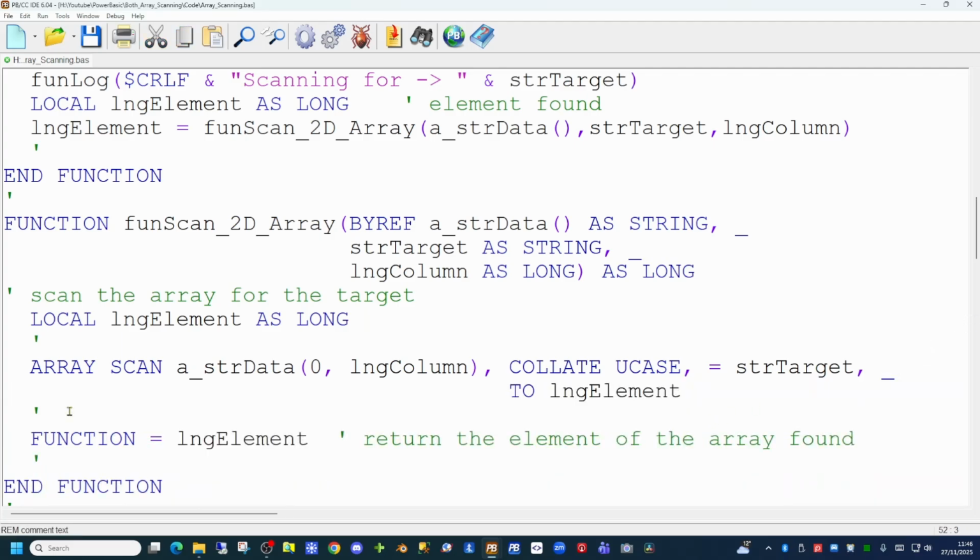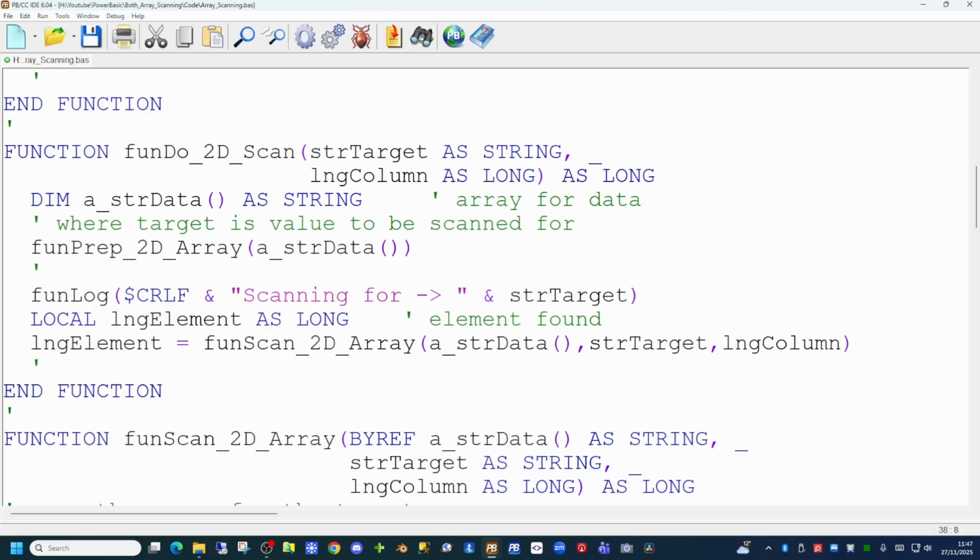And as before, we're returning that element to the calling function. So our array scanning is very similar to the previous function. The only difference is we're specifying the column that is of interest to us. So in the calling function, once we have obtained the element we have searched for, we'll now want to display